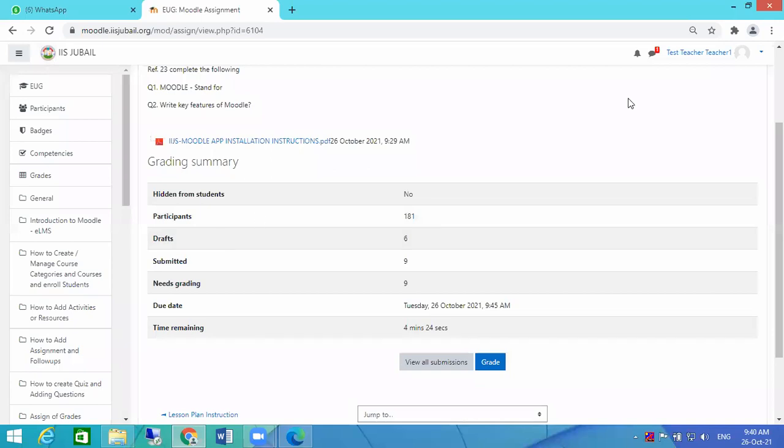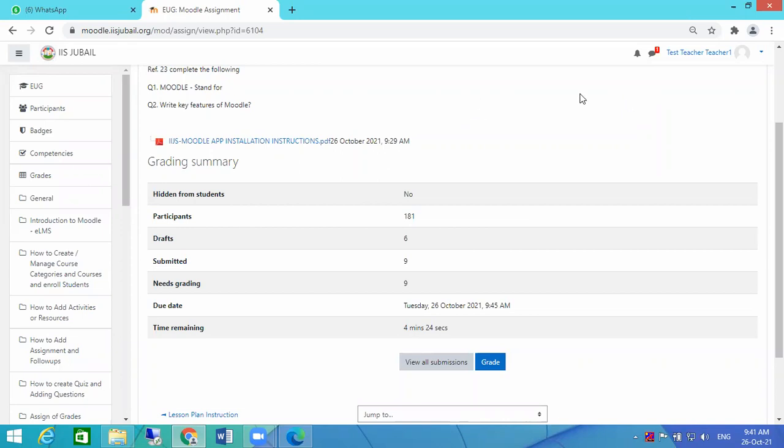Excuse me, sir. Yes, madam. Last time you said that if the system disconnects, then the assignment will be automatically submitted. Not for the assignment, that is for the quiz exam. If the child is disconnected by an internet problem and wants to reattempt the quiz, it is possible within the time. Even if the system closes, before the time closes he can open it and see that the attempt is still on. It is not going to submit. He can just continue that same attempt if he logs in before the end time. After the time he cannot.